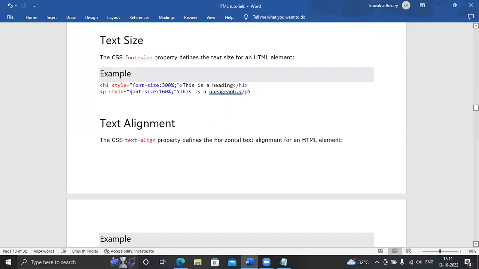Like here, I want to change the size of that h1 heading 1 tag. That default size, I want to change to 300%. So by using style equals font size 300%, I have used that attribute within the h1 tag, where I am starting that h1 tag. After writing the h1, then a space, then you can use it.